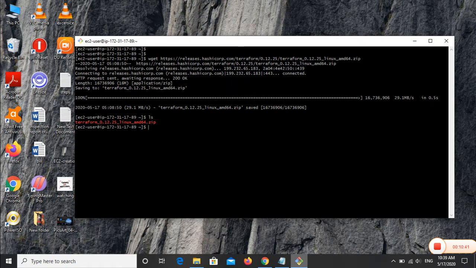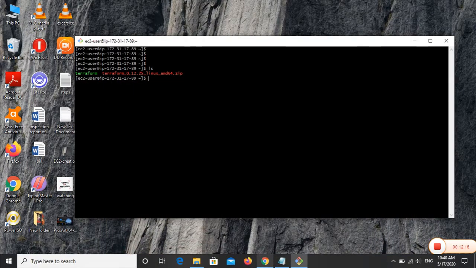Now we just need to unzip the package because the package is in a zipped folder. So to unzip the package, we will use the command unzip and the package name. Now we have to move the Terraform application, or the extracted file, to an appropriate location.